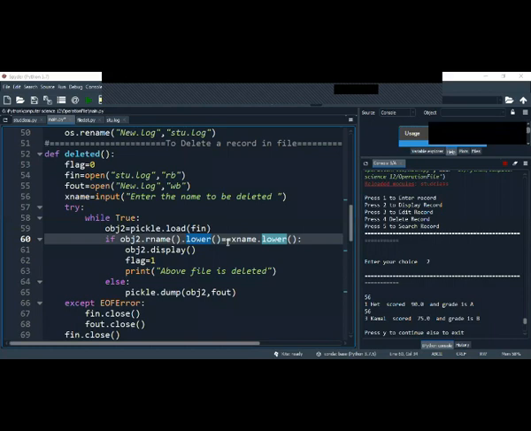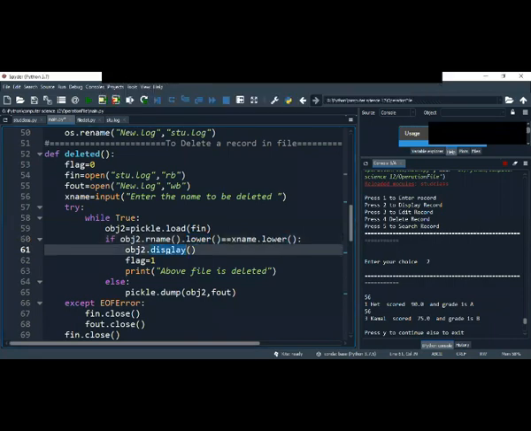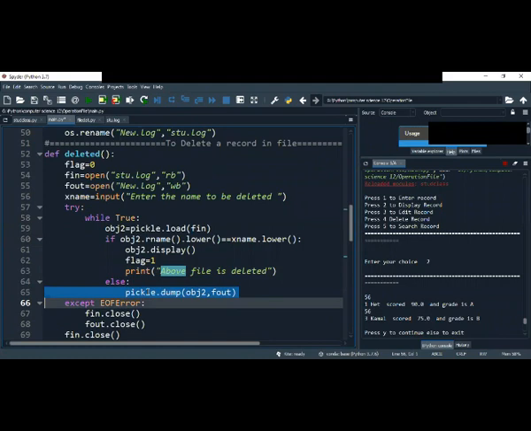Okay. After that, if it matches, it will display them. And it will be deleted. Why do we delete it? I told you in an if and else condition, only one can be accessed at a time. Those which go into the if condition will not go into the else condition. So if the condition is false, it will keep on writing in the new file one by one.